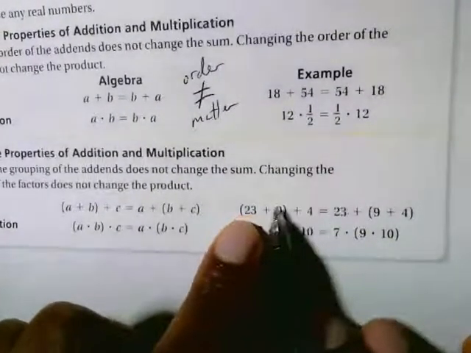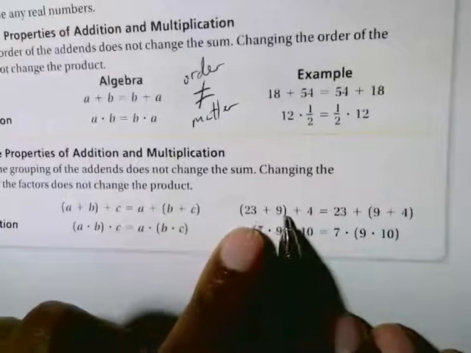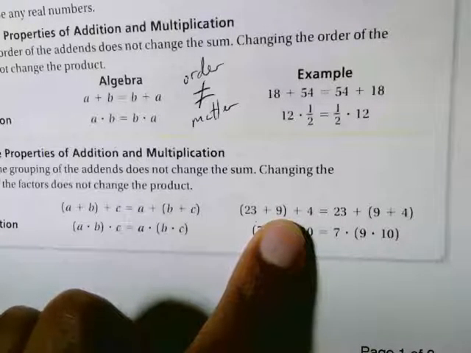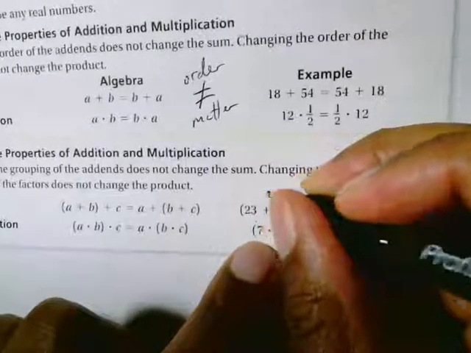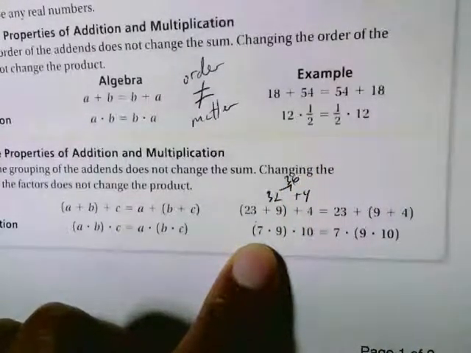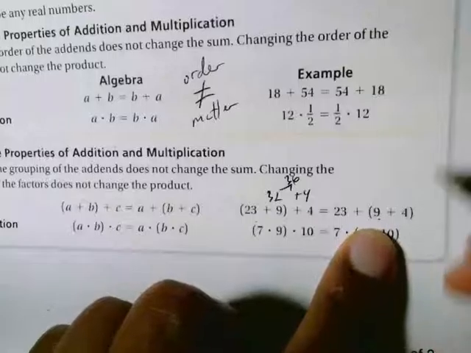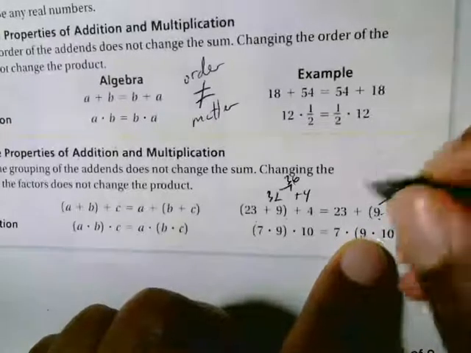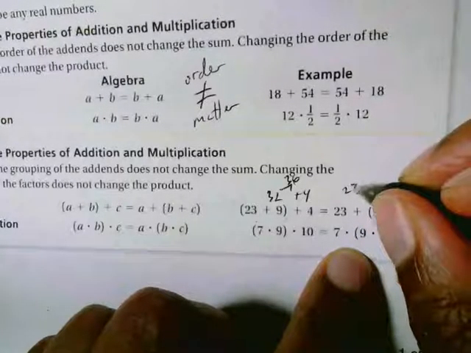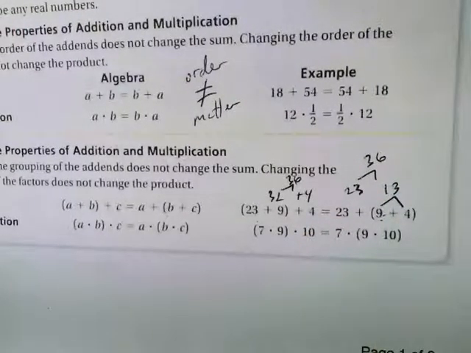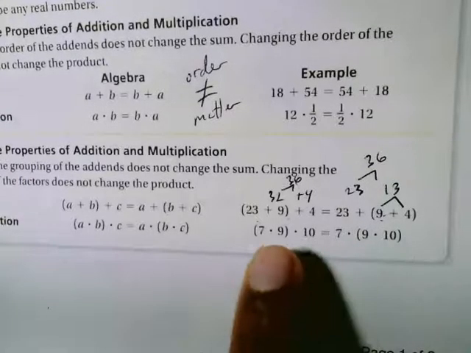So over here, according to order of operations, if I'm doing addition, I should do 23 plus 9 first, and then take the answer and add 4. So if I do 23 plus 9, I get 32. And then 32 plus 4 is 36. Okay, not bad. And over here, I'm doing 9 plus 4, according to order of operations, which gives me 13. And then 23 plus 13 is also 36. So it's actually true. And then if I did this multiplication, oof, this is hard for me to do in